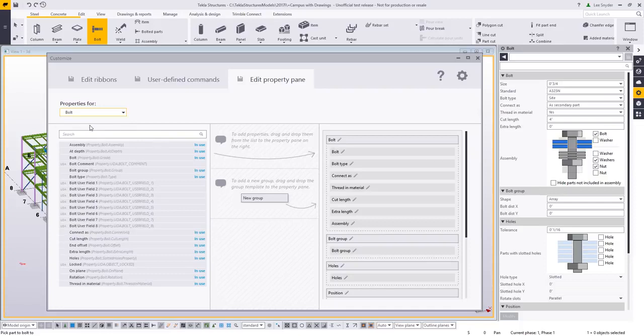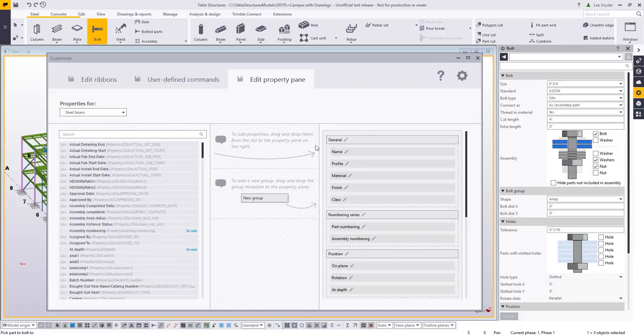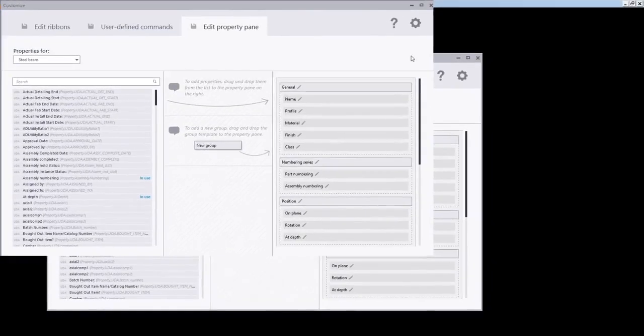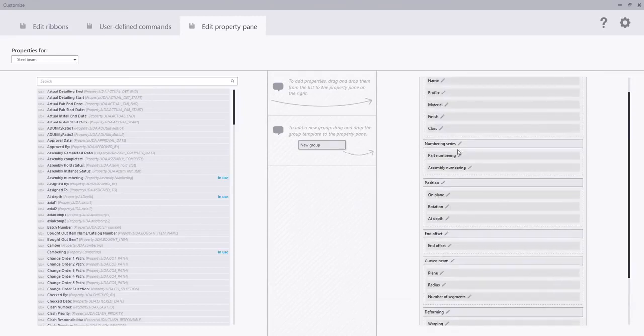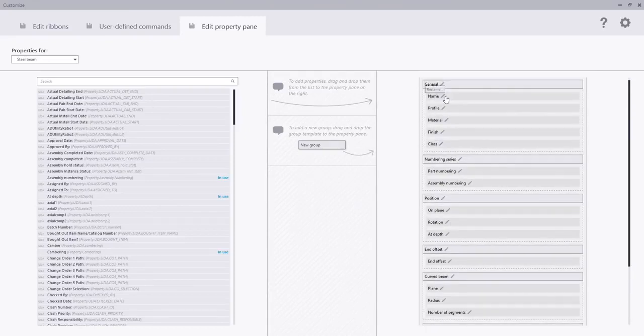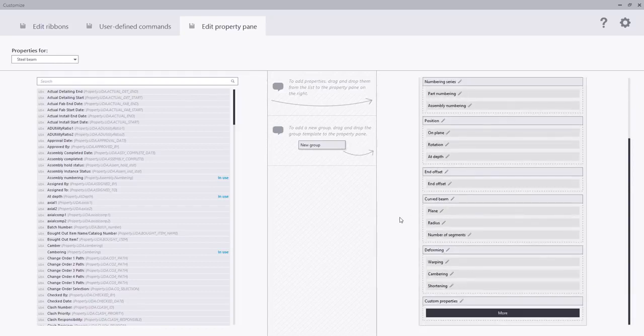So here if I come, for example, to steel beam, I'll just load in those properties. Then here on the right hand side, what this shows is all of the things that you're going to see in the property pane. So if you want to rename them or reorder them, you can do that. If you want to include specific things, you can just search here on this side and then just drag those over and add them. If you want to add in a new group that you can expand or collapse, you can do that. So one of the really nice things is that, for example, when you click on more, that